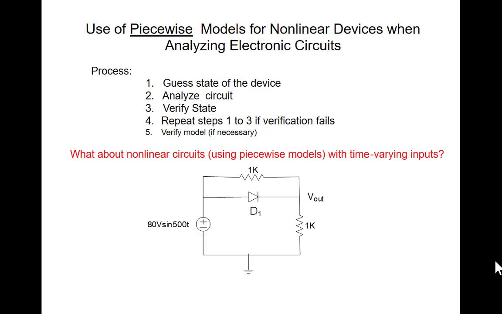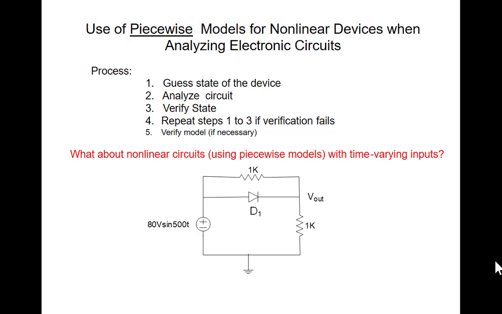Oh, here's another example. Here's a diode circuit, and in this circuit we're going to use a piecewise model, and I'm going to have time varying inputs instead of a static input. Now, I'm not going to verify the model here, but if you look at what happened in the previous case, when we had a big voltage in that circuit relative to the 0.6 volts on the model, the simplified models apply. When we had a small voltage in relative to the 0.6 volts, the simplified models introduce